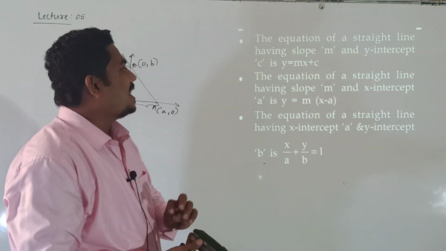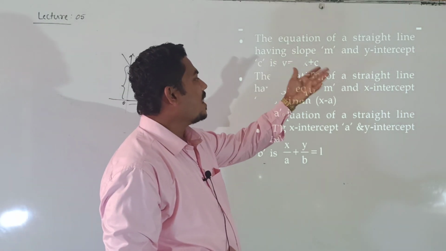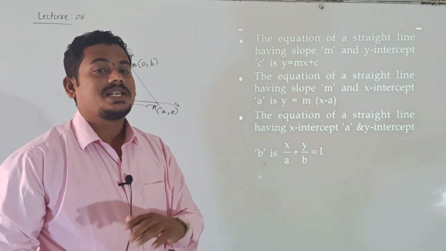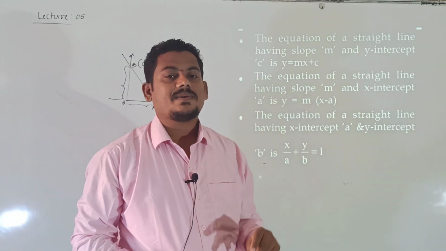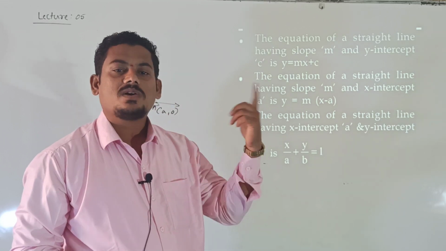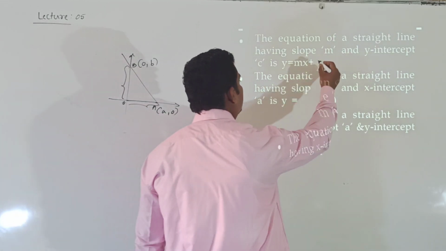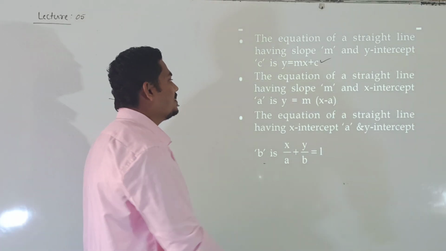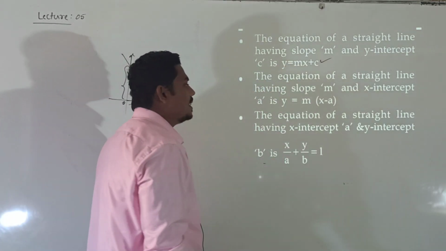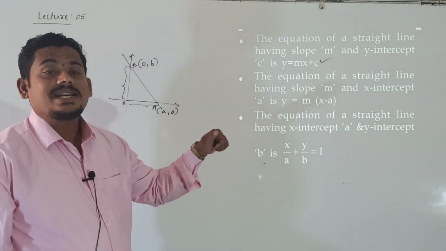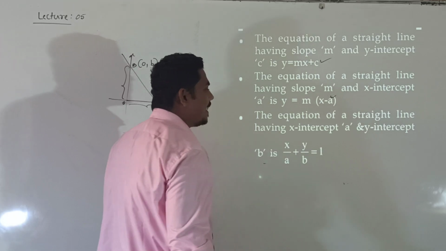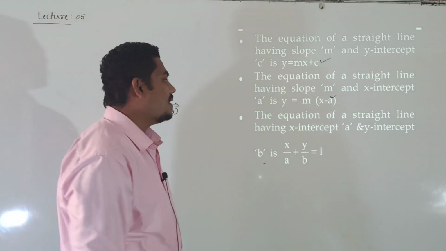Equation of a straight line having slope m and y-intercept c. Different forms of equation of the straight line. If slope and y-intercept are given, then its equation is y equal to mx plus c. Then, if slope and x-intercept are given, in this case x-intercept is a and slope is m, then y is equal to,